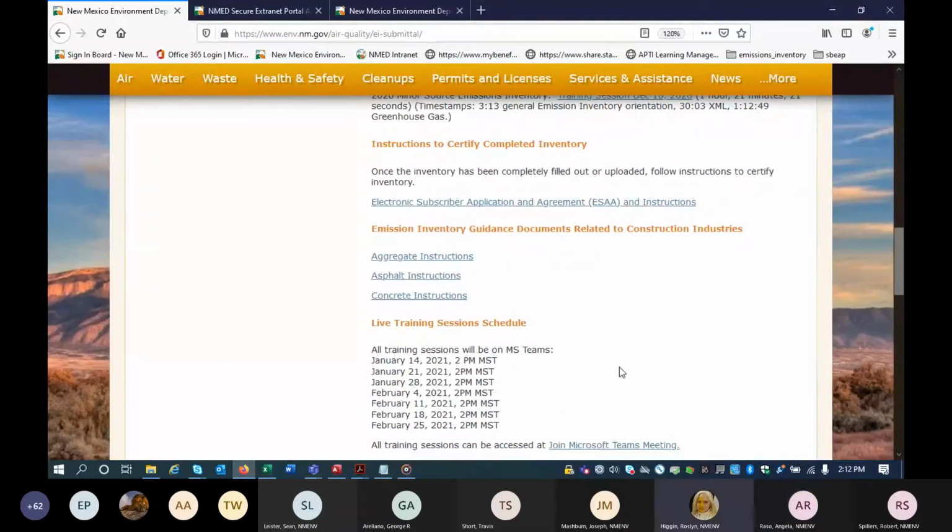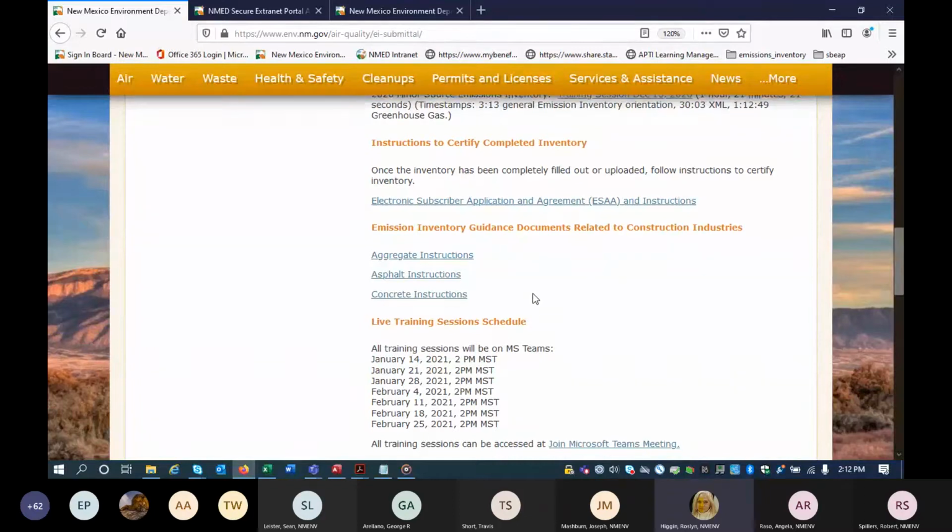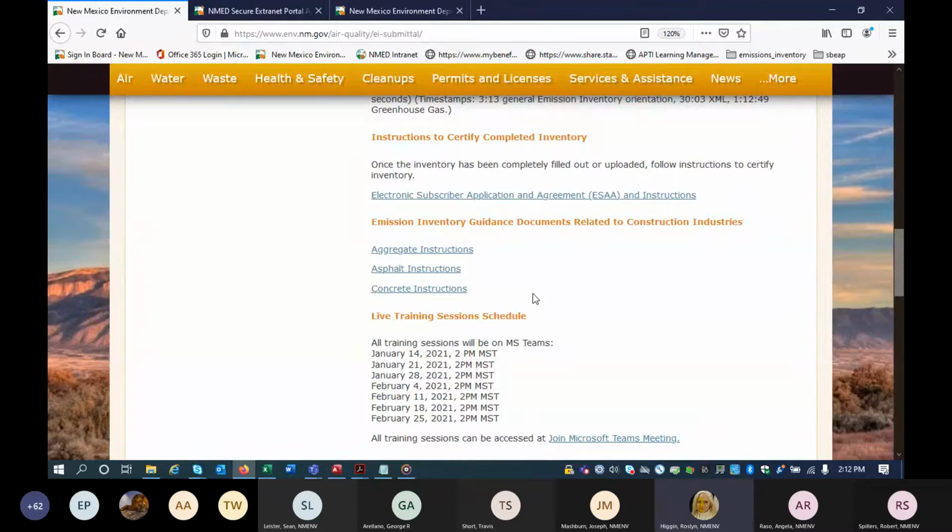Okay, great. So we have some information on certifying, on the certification process. It's called Manage eSign, and we will briefly touch on that today.